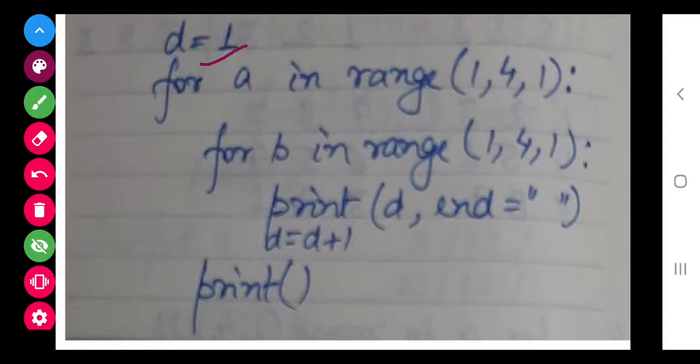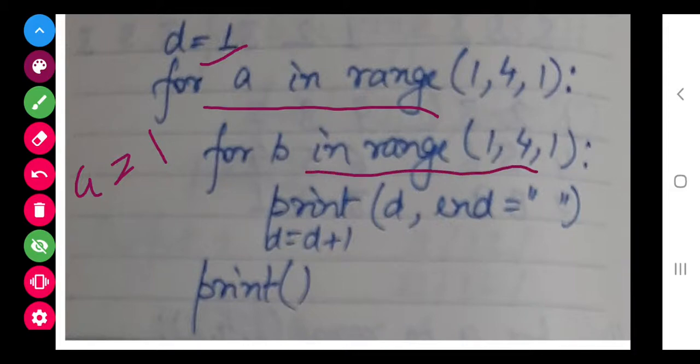Then when this loop executes, for A equals 1, B will run from 1 to 3, meaning this D statement will get executed 3 times. But we do not want the value of D as 1 only, we want it to increment every time. So we will attach another statement, that is D equals D plus 1.